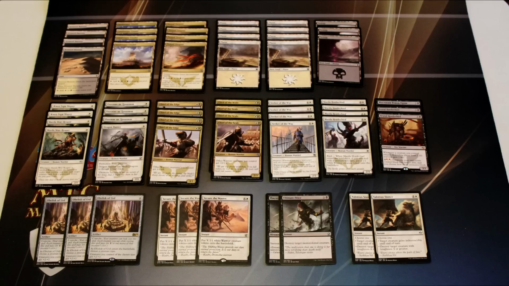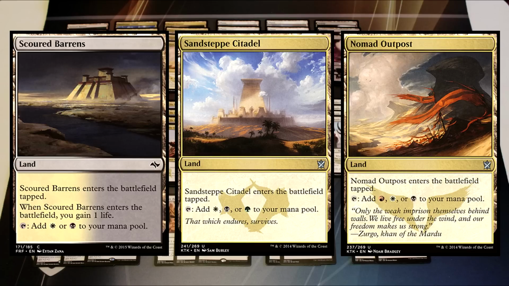Now, as far as the land base is concerned for this deck, we are definitely cutting back on spending money on expensive lands or anything like that. We're playing a few playsets of tap lands. So we have a playset of Scoured Barrens, a playset of Nomad Outpost, and a playset of Sandsteppe Citadel, which all will enter the battlefield tapped and will provide white or black mana for us for the purpose of this